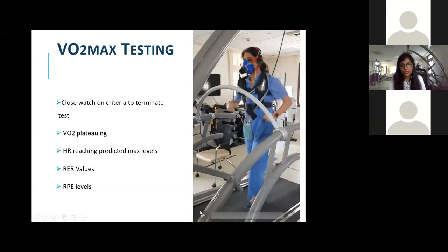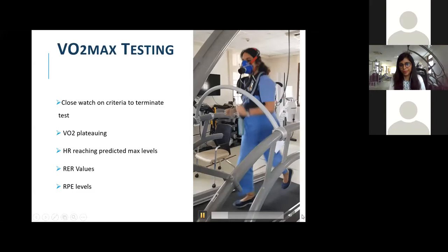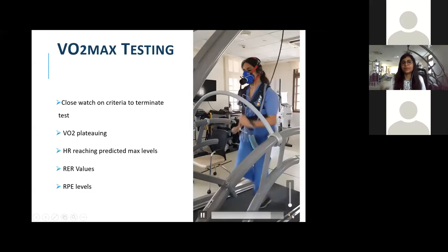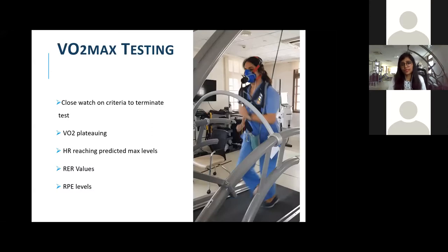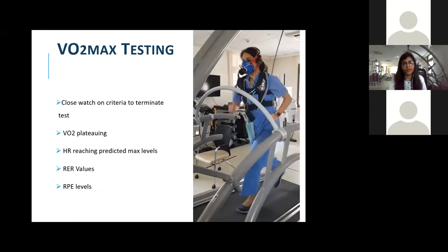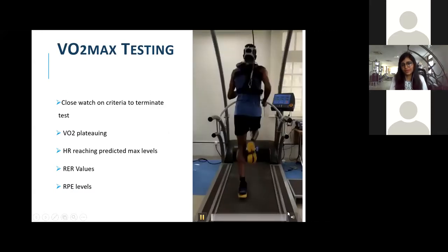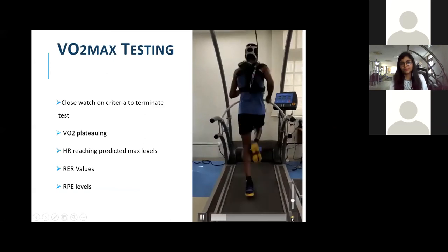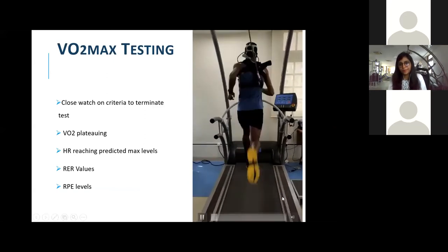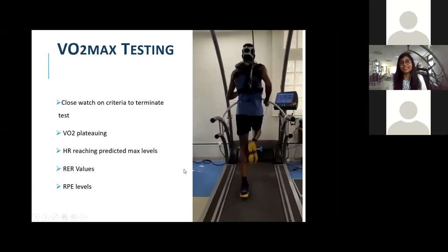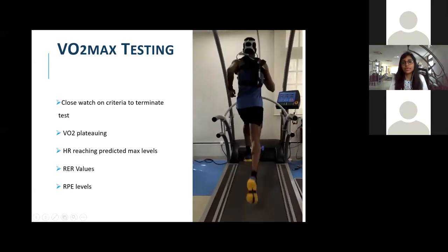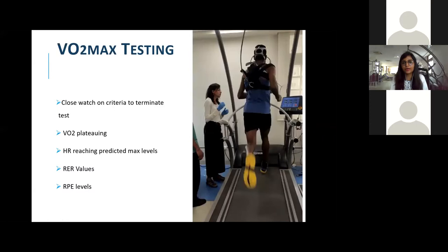So when a person is almost on their maximal efforts, if they are well-trained athletes, depending on their training levels, the person may be running at this intensity, or they may be running like him. So he is Jinson Johnson. He is India's best runner. He's got gold medals in 800-meter running, and we've done the testing on him.